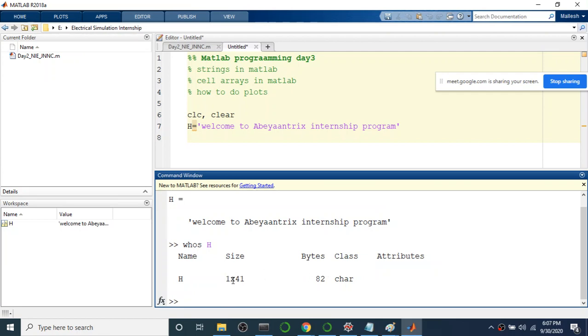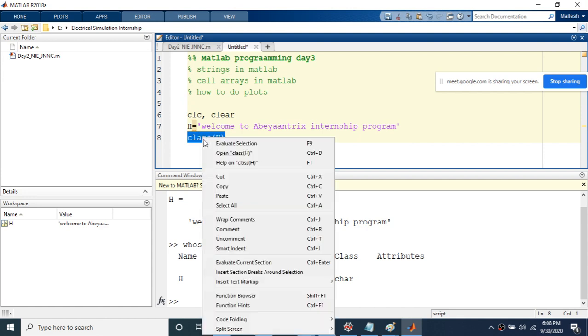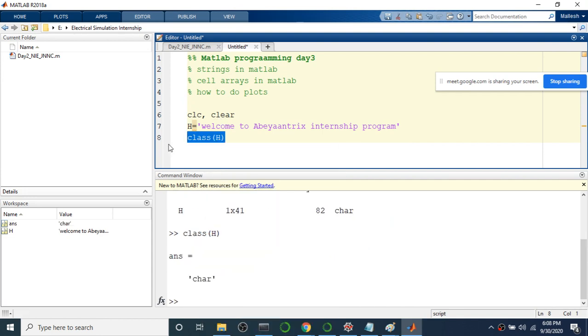Each character takes 2 bytes for storage, so you have around 82 bytes. The data type will be char. If you want to check only the data type of that variable, you can use the class function, class of h. That gives you the details: char.